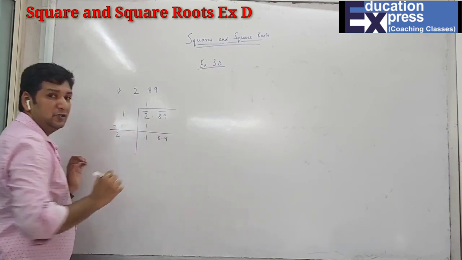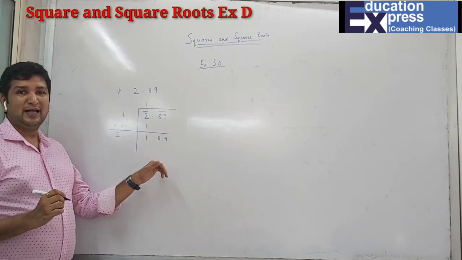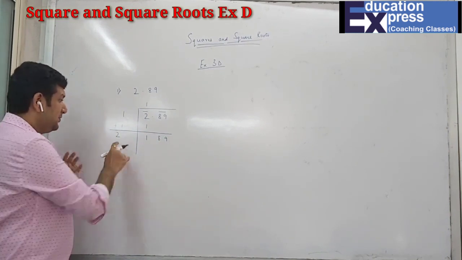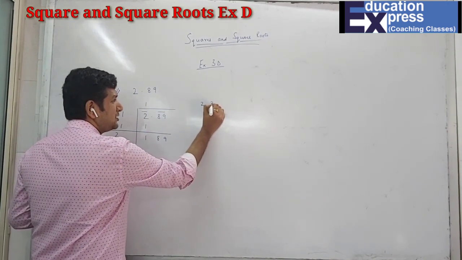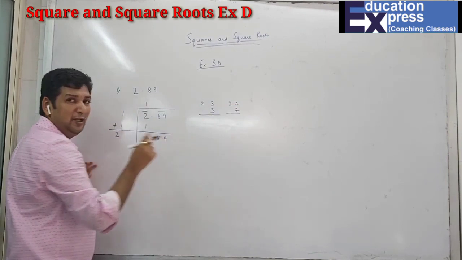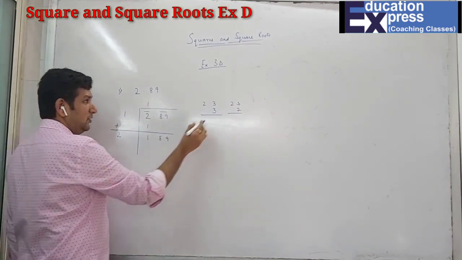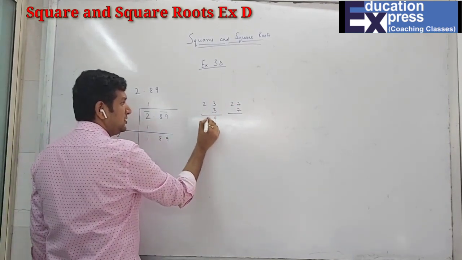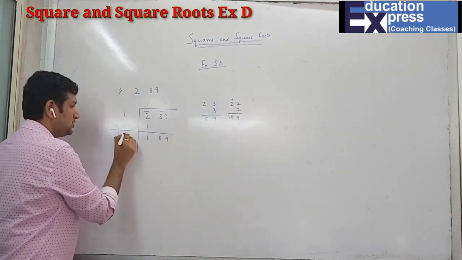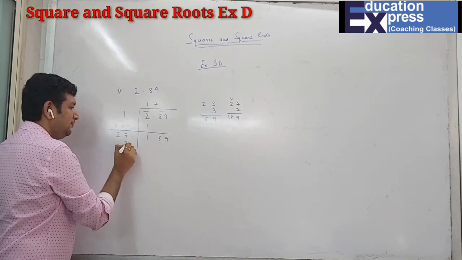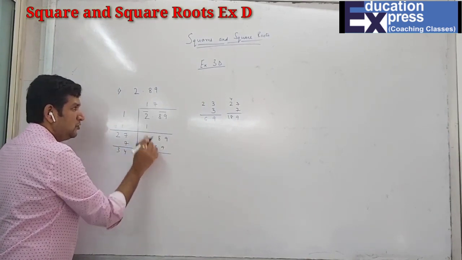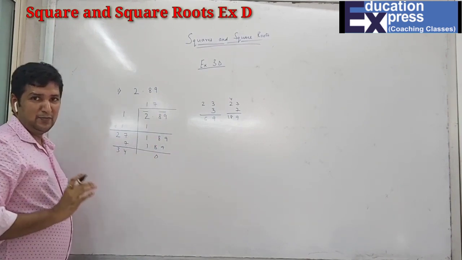8, 9. Students, now I have told you very clearly, it's 9. So which number's square has last digit 9? Either 3 or 7. That means this 2 will remain as it is. Now I'll try 3 3s and also 7 7s. Both of them will give me 9 in the unit place, which I want here. 3 3s are 9, 2 3s are 6, not possible. 7 7s are 49, 14 and 89. Yes, it is possible. So 7, 7, 34, 189, 0. 17's double is 34. That means my answer is correct.